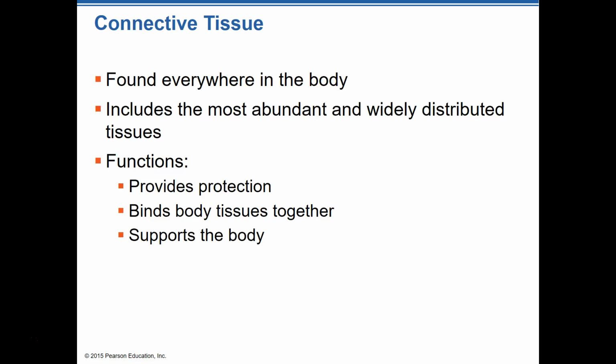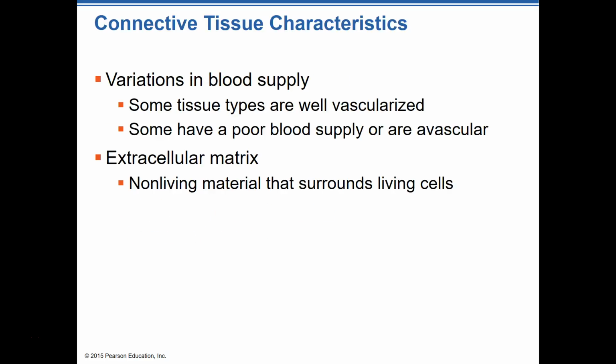Then there's also this connective tissue that's all over in the body. It's the most abundant. It provides protection. It connects things together. It supports the body. The one thing that seems the weirdest about the connective tissues: blood is classified as a connective tissue because actually it does connect to all parts of the body. Seems weird. So there can be some variations in blood supply depending on the tissue type and the oxygen needs of a particular tissue. The more oxygen demand that tissue has, the more vascular it'll be. Some have a poor blood supply, some have no blood supply.